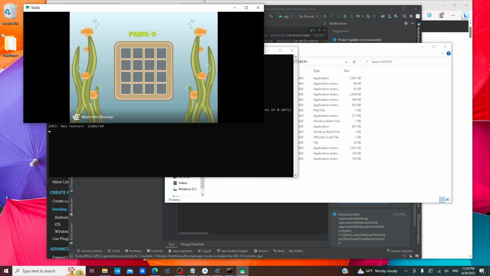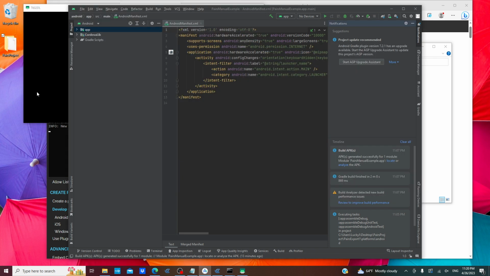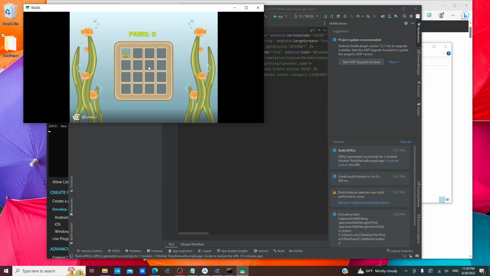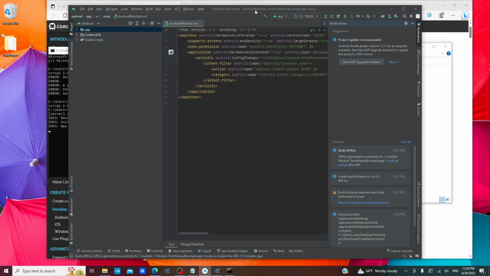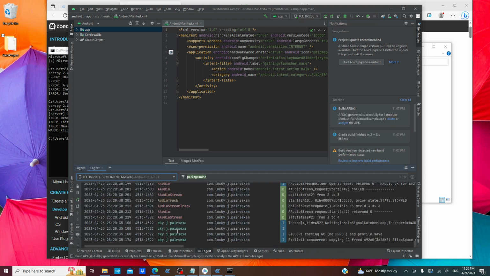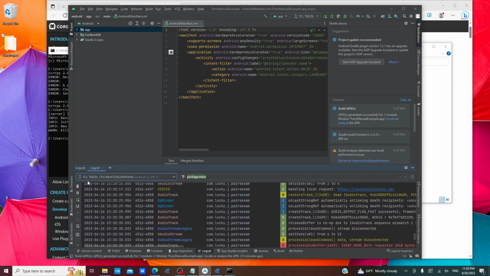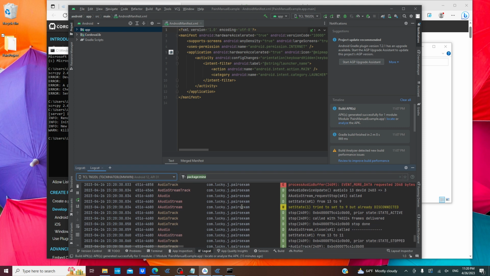Okay, and as you can see, if you were following along with me, you've just manually turned a GDevelop project into an Android application. And instead of having to install it on your device, you can also just hook it up to your device with USB debugging enabled, and then you would see your device here in Android Studio, and you would see it in the logcat. So as we're playing the game, this logcat is giving us information about what's going on, and